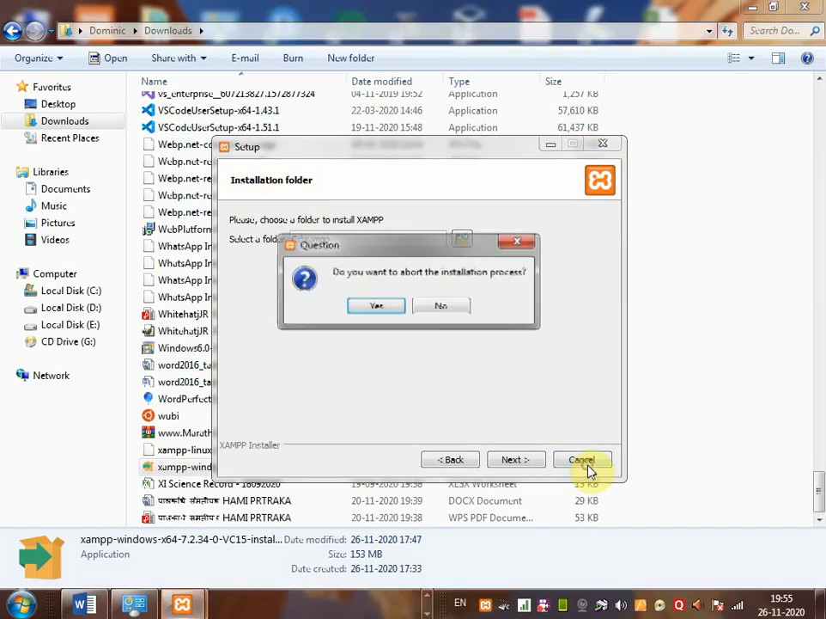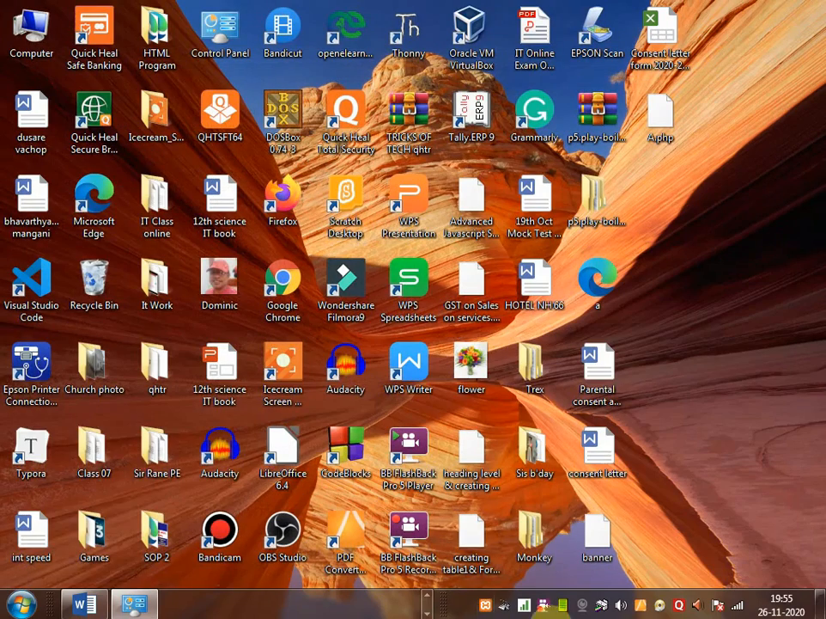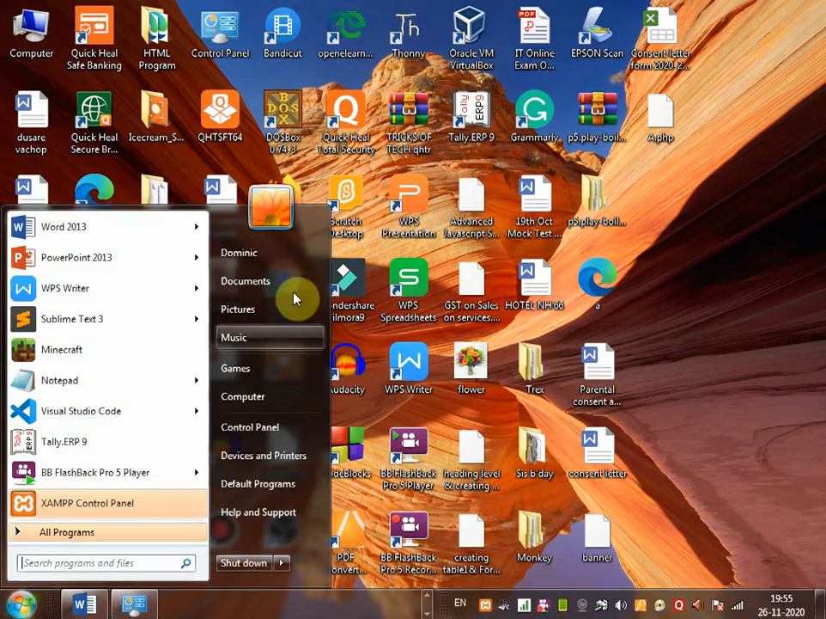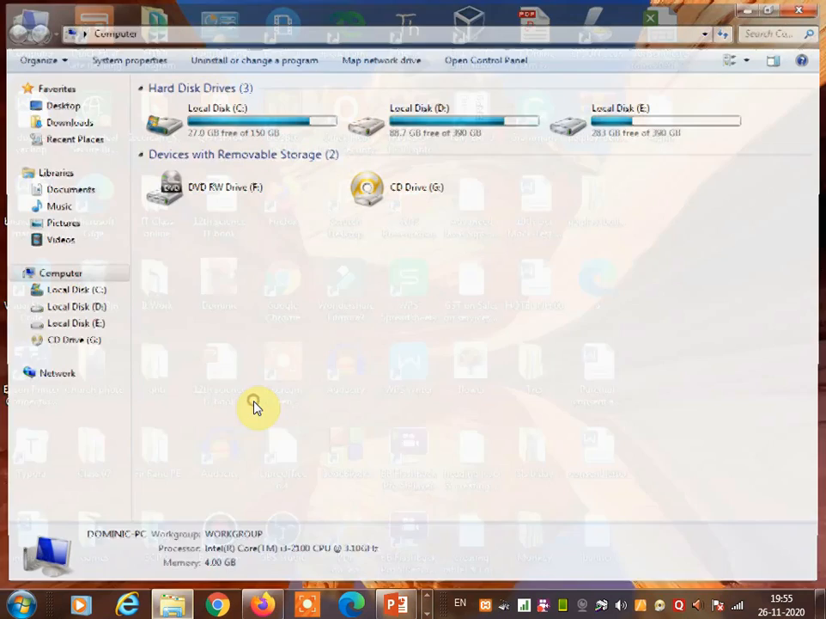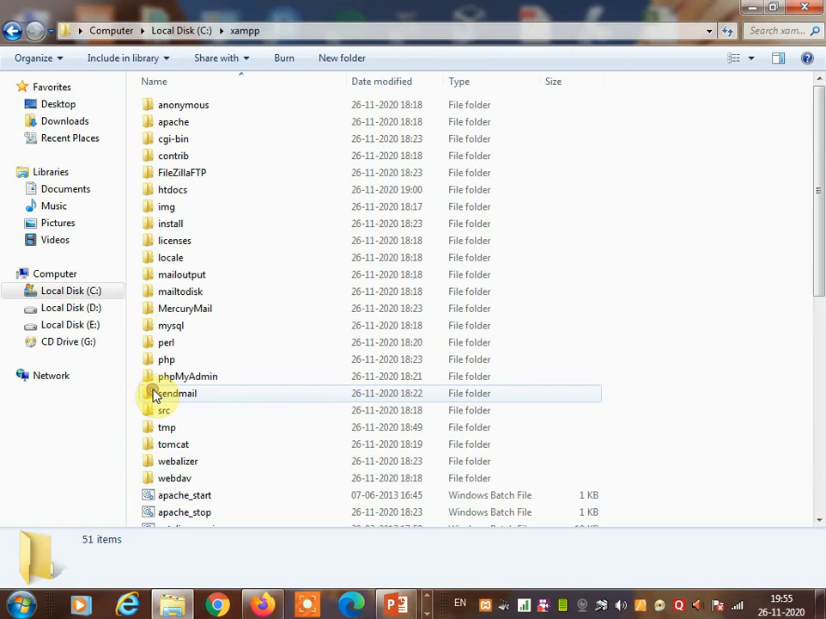So once you install this server, you will get the jam folder on C drive. Now go to the computer and click on C drive and see, the jam server folder is there. Once it is installed successfully, you will see the jam server folder on C drive. Open this jam folder and then go to the